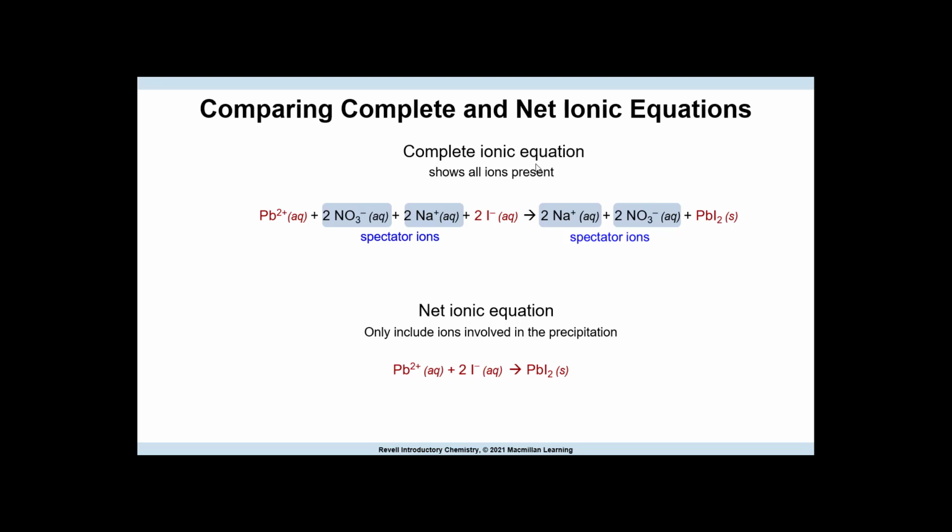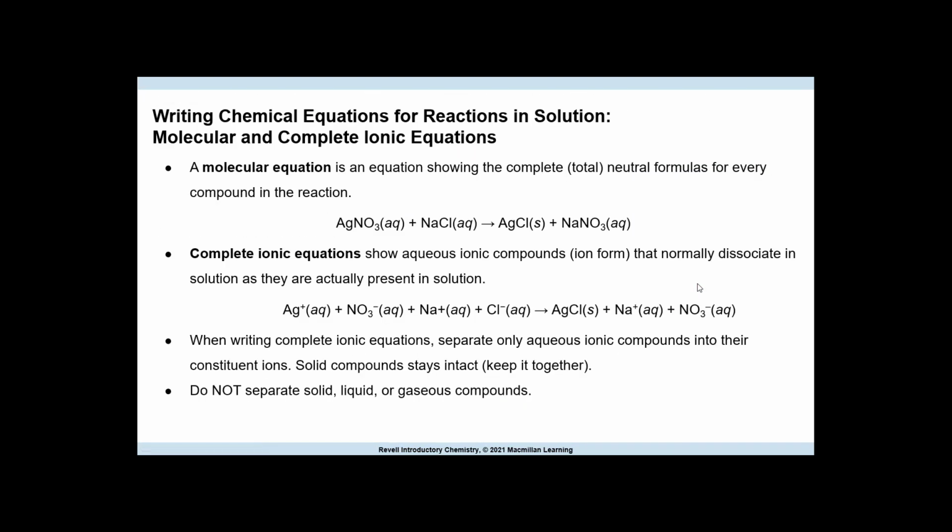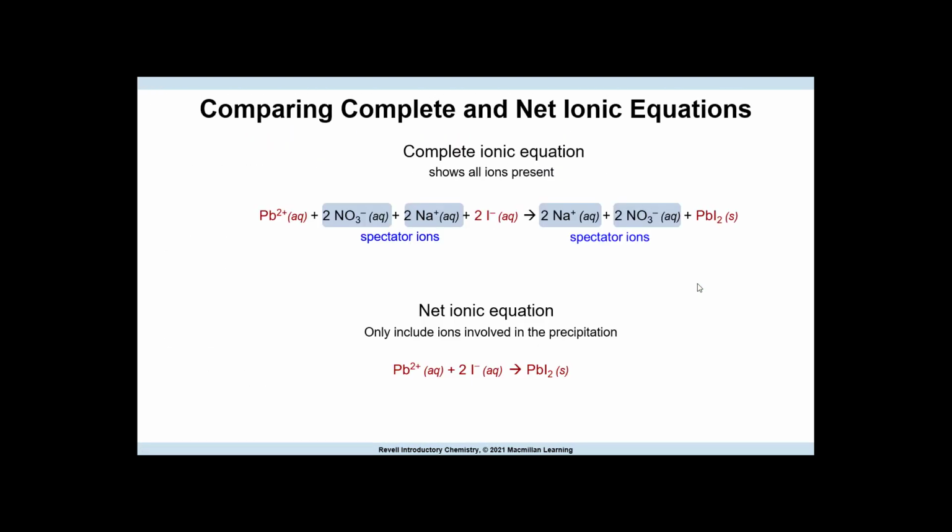This equation we've shown here is called a complete ionic equation. It shows all the ions present, including the spectator ions. So when you do a complete ionic, it is everything, but you keep the solid intact. That's what my breakdown of my own slides were saying. It's exactly the same thing here. Now,